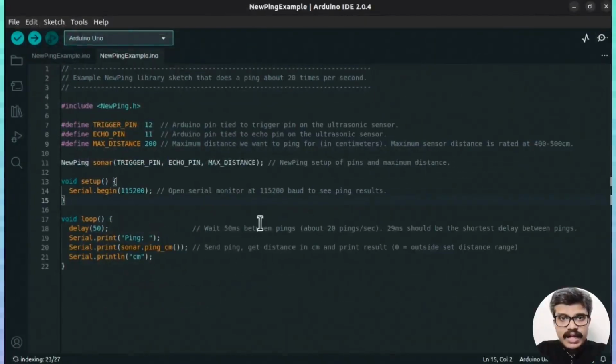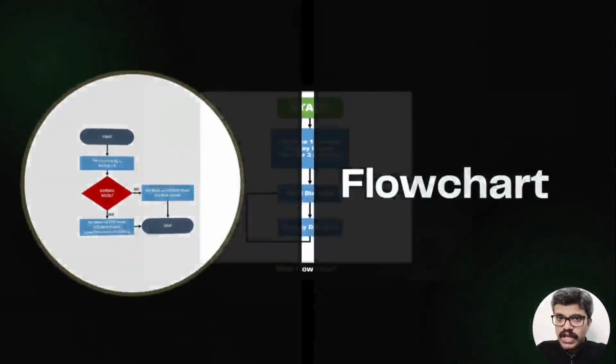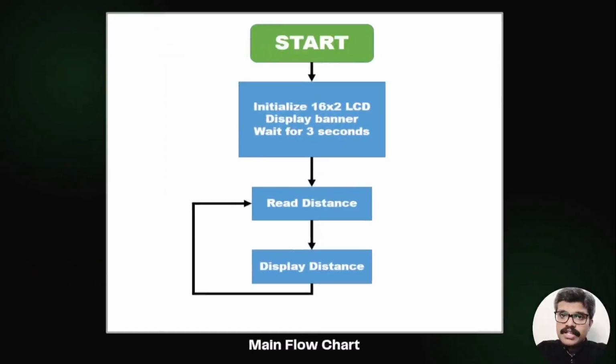If you are using Tinkercad, then this is not required. We will be using Tinkercad here. So the flowchart we develop will be for its use, but you can certainly adapt it and use it for the Arduino IDE. So first, we initialize the 16 by 2 LCD and display a banner message on the LCD,